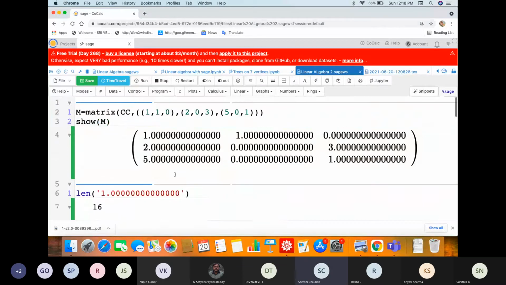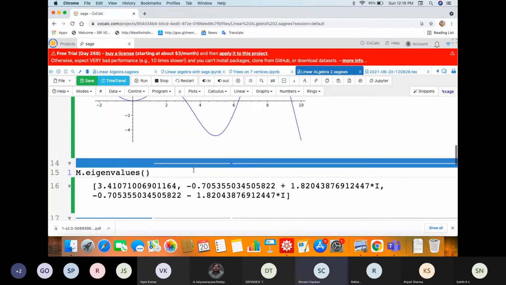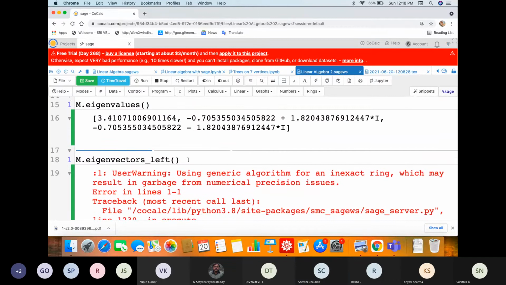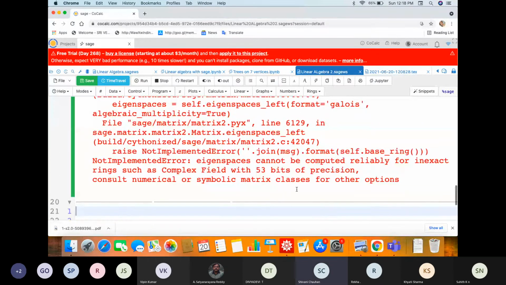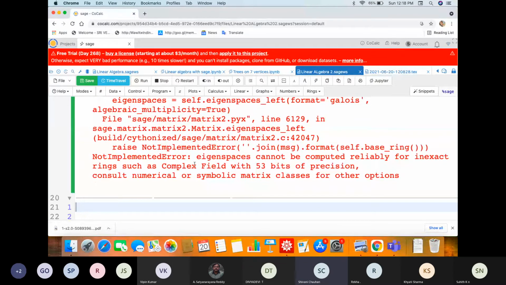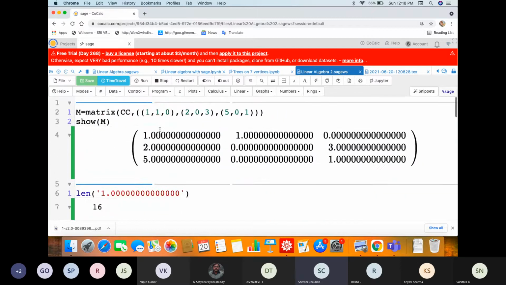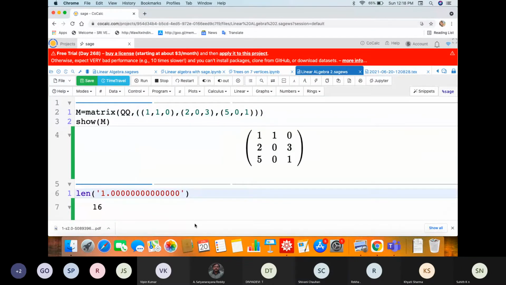Okay, I have to run m again. Yes, so it cannot give me this for the complex field. Eigenspaces cannot be computed for the complex field. So let us change this field and work with QQ.